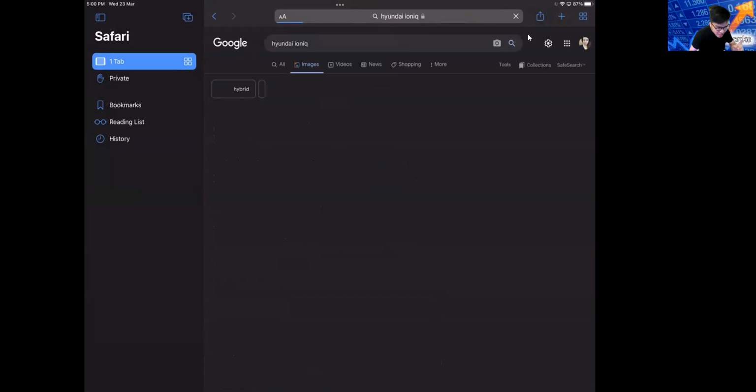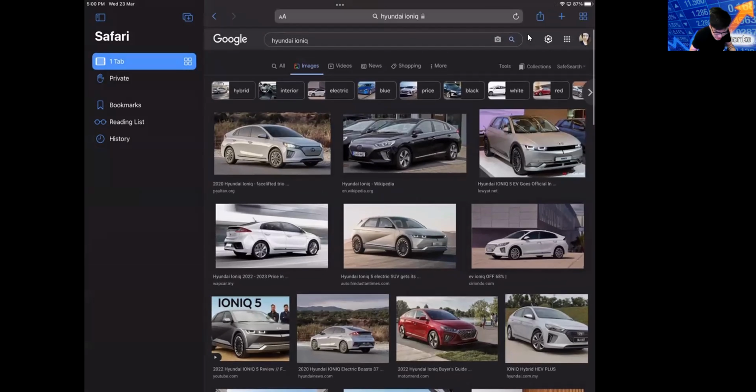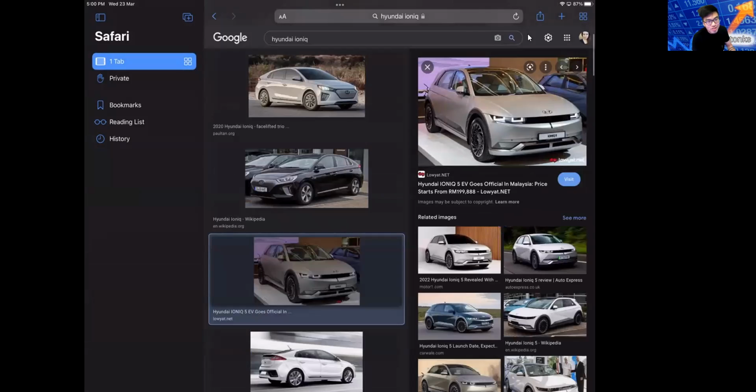As you know, Hyundai is a Korean company, and they released their electric car a few weeks ago, which looks like this. I don't know about you, but they look awesome as hell. Don't you want to drive this? It looks so cool, so futuristic, fully electric. Yeah lah, it's still expensive, 199,000. But hey, it's getting cheaper.